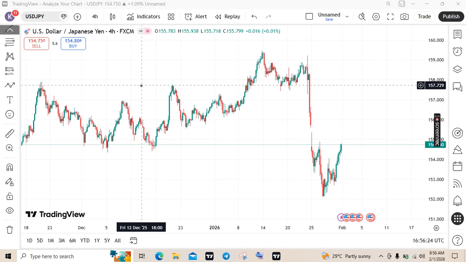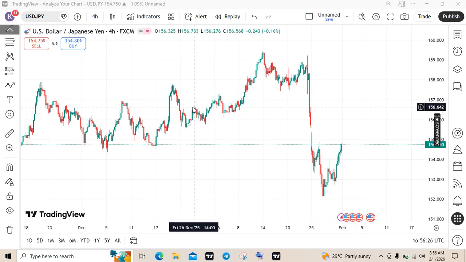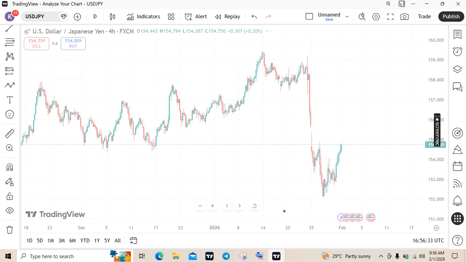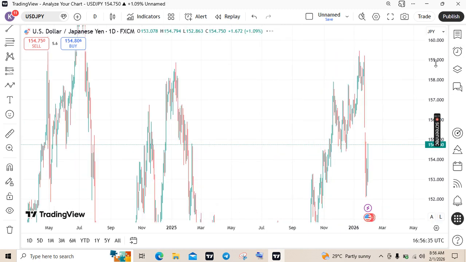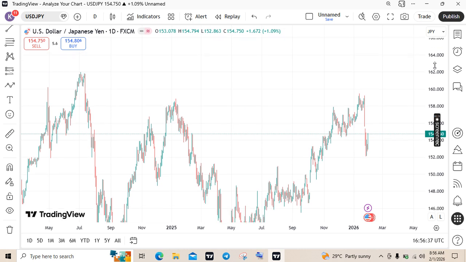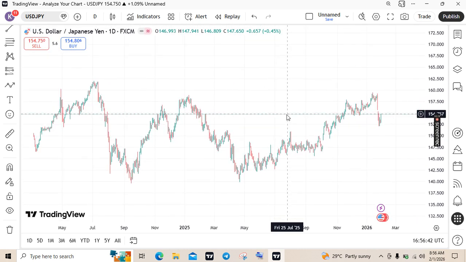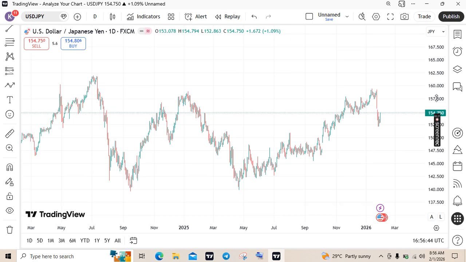USDJPY chart on the 4-hour time frame. Let's go to the daily time frame real quick and see what's happening there. So USDJPY on the daily time frame, we can see that it has been ranging, but there's something that